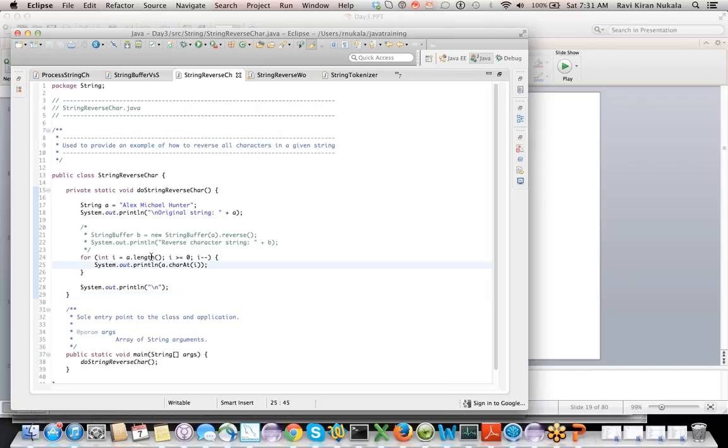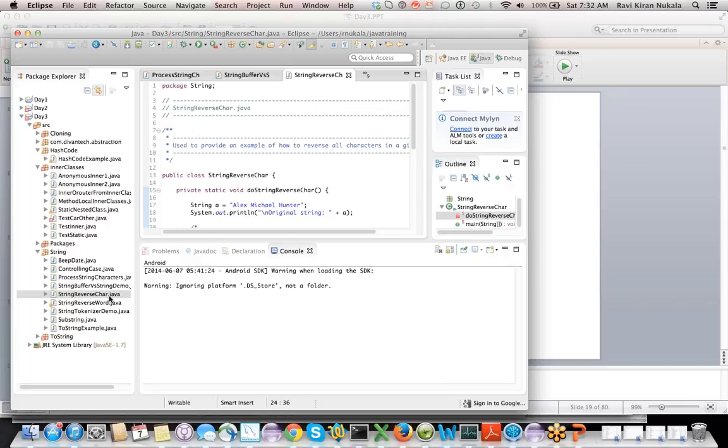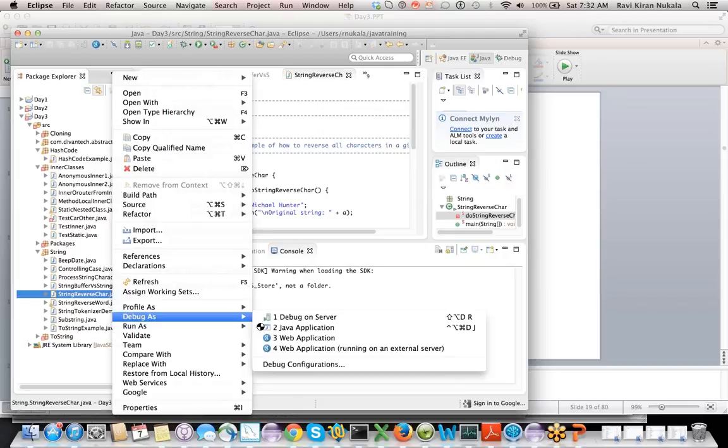Fine. Brenda, does this work? I want to print out the string a in reverse, with a dot length minus 1. Okay, yeah, that works actually.